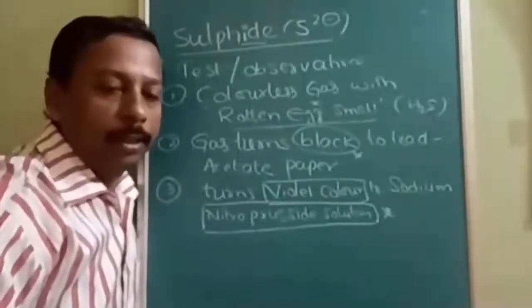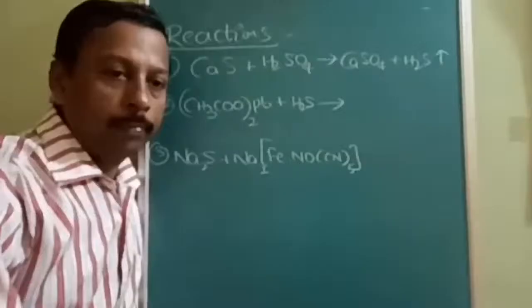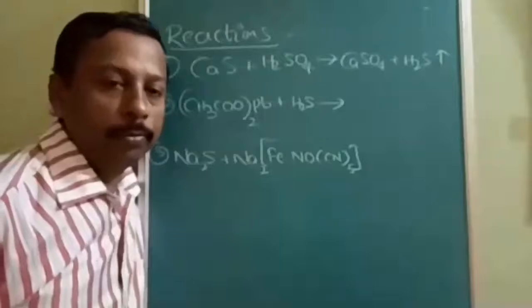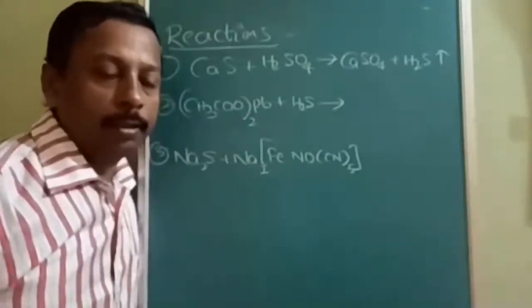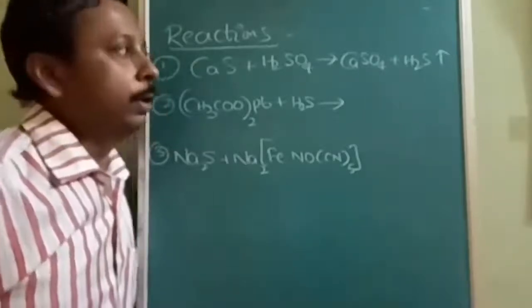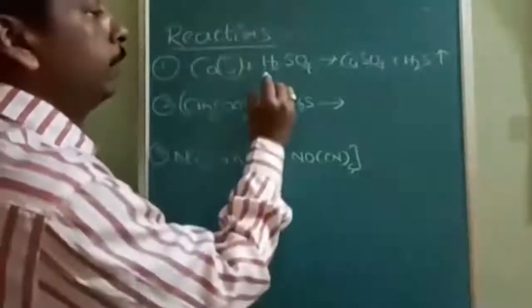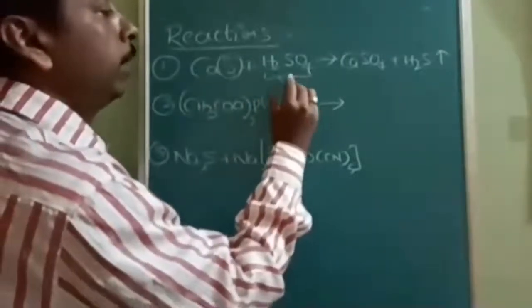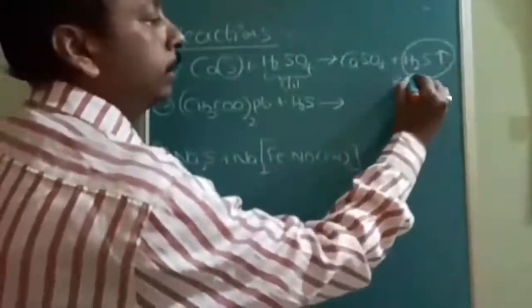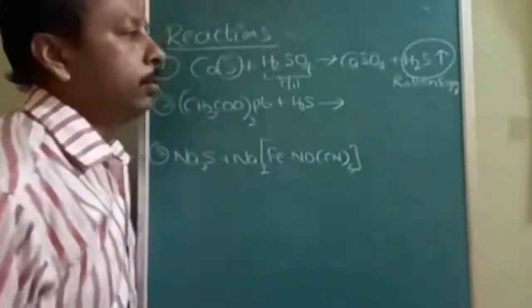Now the chemical reaction wise explanation. See, whatever observations we have made as of now, first one is what? First one is rotten smell. So actually sulfide ion is present in our salt, when it is treated with dilute H2SO4, H2S is evolved. Because of this, what is there? Rotten smell. H2S has a rotten smell.